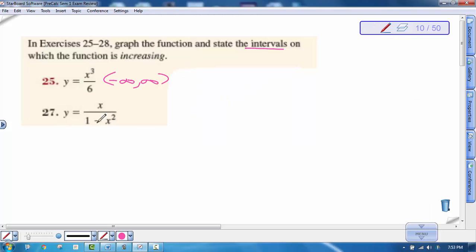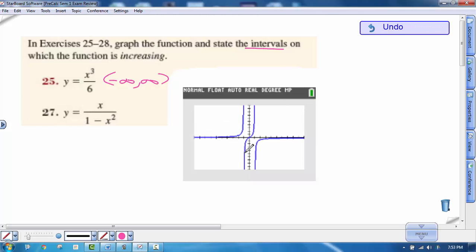Okay, the next problem gives a rational function here. If we look at the graph, we can see that it's got two vertical asymptotes. We know they're at 1 and negative 1 because those are the zeros of our denominator. So there's our vertical asymptotes. And we know, if we're talking about increasing, it's increasing from negative infinity all the way up to negative 1, as well as, and technically I can include this endpoint,